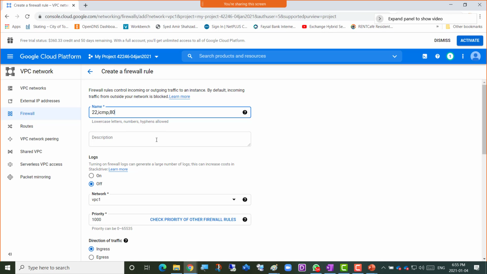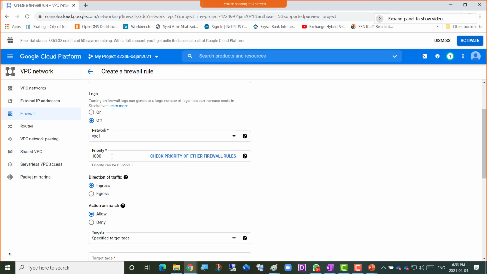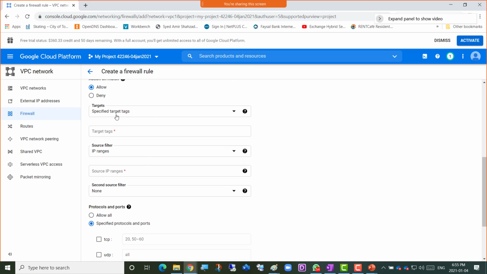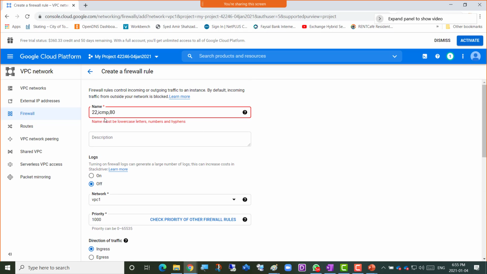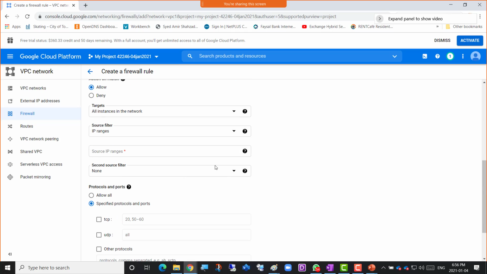You can name it any way you want. So if we go down here, VPC1, 1000 priority, ingress, allow, specified target tags. It's all instances. So I've given just the name up there. Oh, lowercase letters, numbers. Okay, port, and no commas, I think. Okay, port-22-ICMP-80. All instances in the network, IP ranges, and 10.0. Oh, what am I doing? So source IP range would be